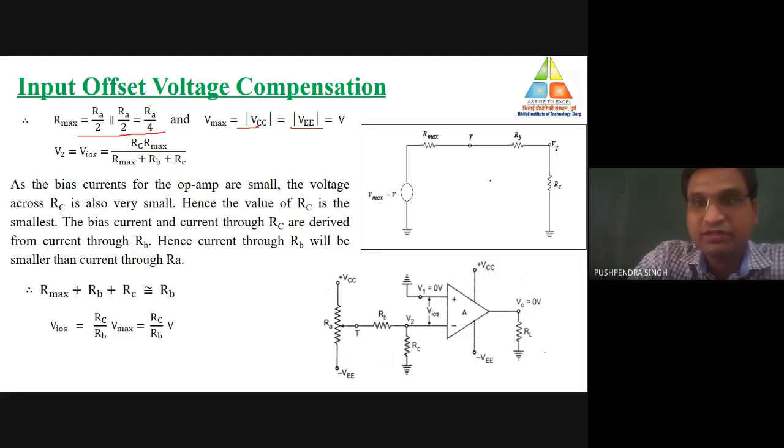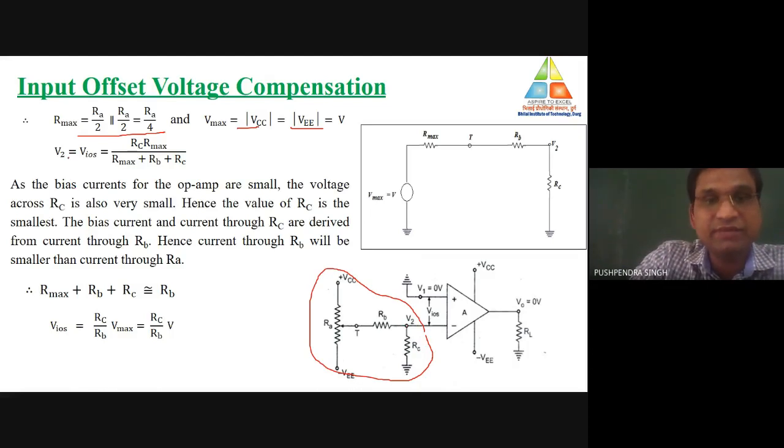Now at this point, resistance Rb is connected. Then with the help of this V2, resistance Rc is connected. We are concentrating only on this external circuitry. What is the value of this V2? V2 is nothing but the total offset voltage. With the help of that, we are generating the output offset voltage. So whatever voltage is here will be nothing but the offset voltage only.